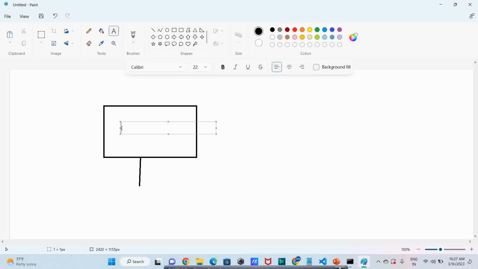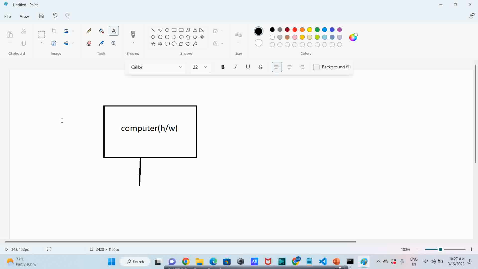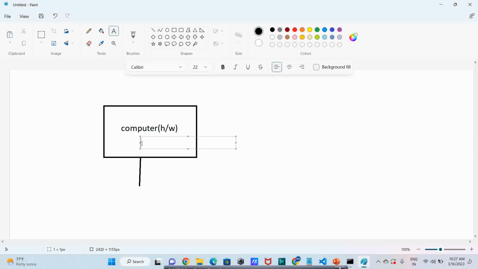If you have not installed any operating system on this hardware, then it is simply a box, nothing else. It is a box made with some complicated materials. But if you install an operating system, then only can you work with this hardware.